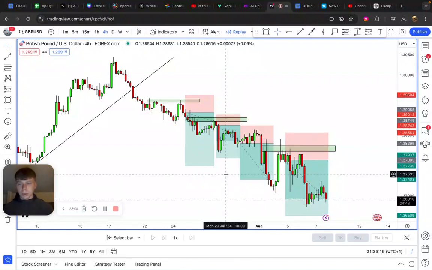It is simple, but of course I'm on the replay mode. Try and do this in the real markets, it's a bit more difficult. The point I'm trying to prove here is, if you want trading to be simple, you can use the key principles of how the market moves day in, day out. You can go and backtest this yourself, and you can find out how this really works and how simple it